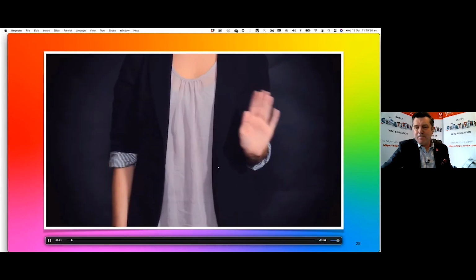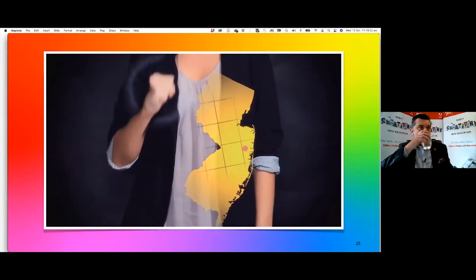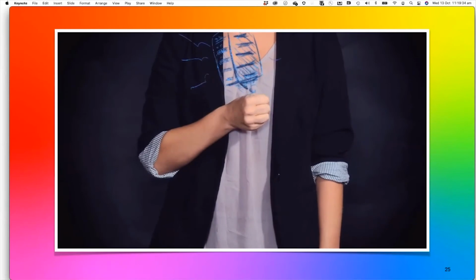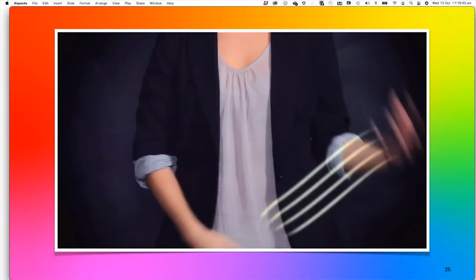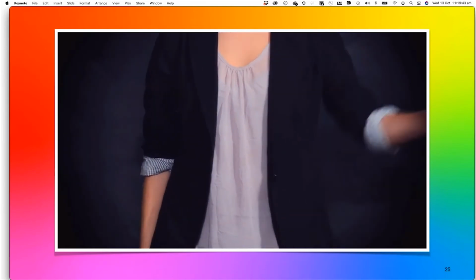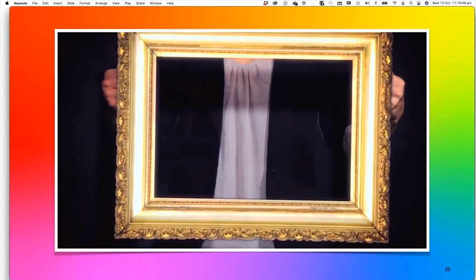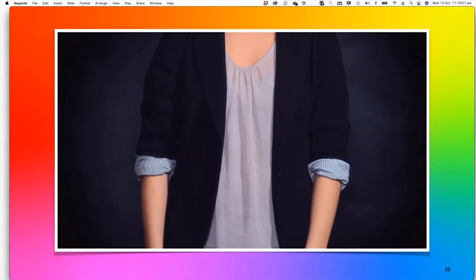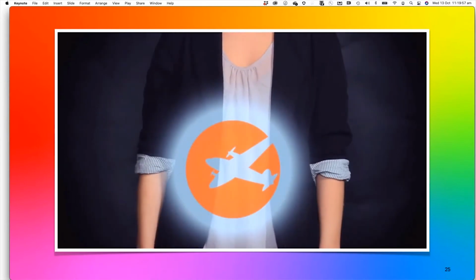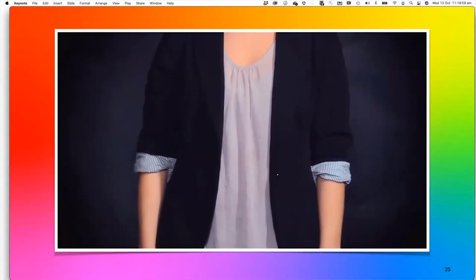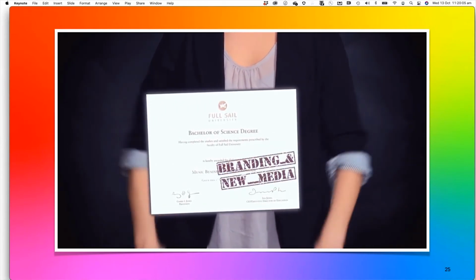Hi, my name's Krista Timmerman, and this is my story. I'm a Jersey girl, born and raised by the shore. Growing up, I was a classically trained singer. When I was older, I loved the flashy New York life and the gritty rock scene of Asbury Park. After some street team activities for a local band, I began to see the big picture, and I knew I wanted to work in the entertainment industry. In 2010, after graduating from Howell High School, I moved to Orlando, Florida to begin my degree at Full Sail University. At school, I studied entertainment business with my own personal focuses on branding and new media.